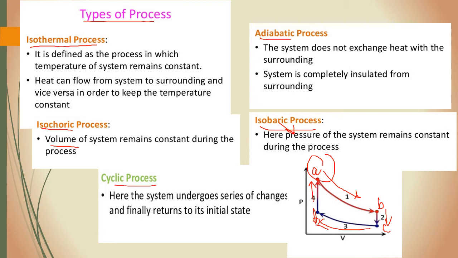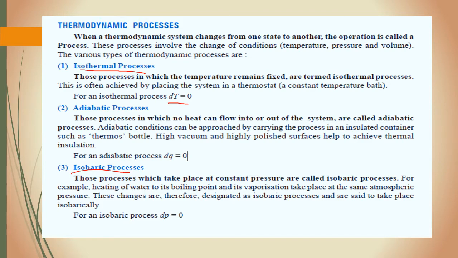So that's why it is said to be a process. Now we are going to talk about all these processes in terms of pure thermodynamics types. Here, when we talk about the isothermal process, these are processes in which your temperature is fixed, and that's why it is said to be isothermal. It may be achieved by placing a system in a thermostat, where dT equals 0,